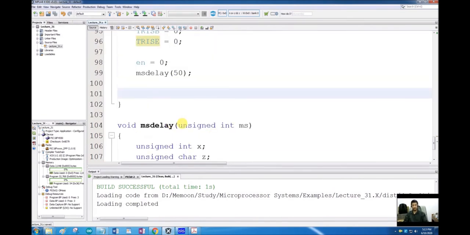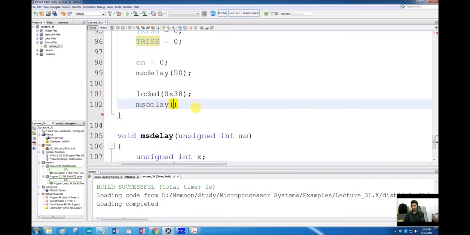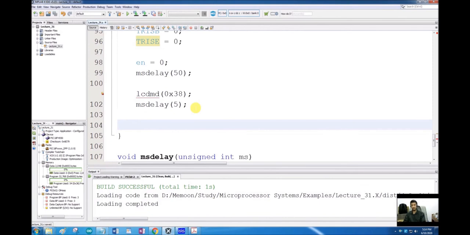After this, we have to start configuring this LCD for the first time so that we are going to be able to send data to it later. So let me send LCD_CMD with a value of 0x38 and give a delay of, let's say, 5 milliseconds afterwards. What it will do is it will send 0x38 as a command.